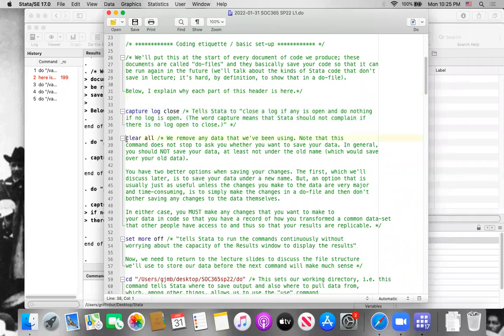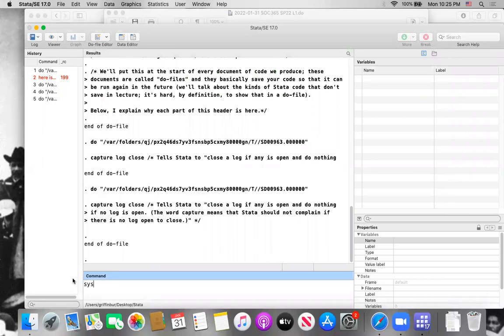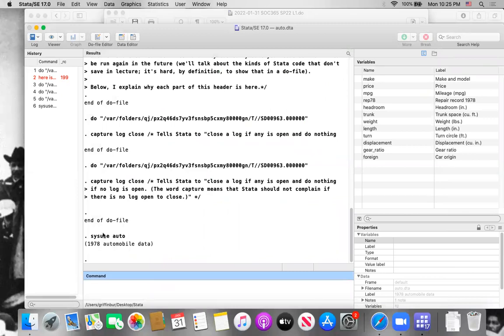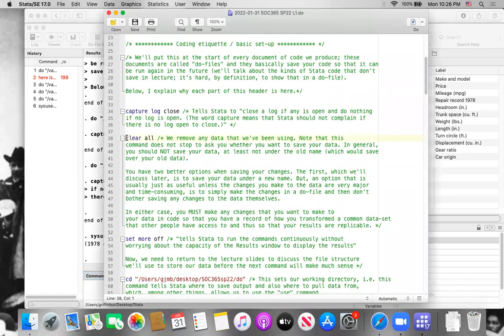Now we're going to clear all. And this is kind of an important command. Basically what this does is remove all the data in the data set. Importantly, this doesn't stop to ask you whether you want to save your data. So be careful, right? It's going to clear everything that's in memory. For instance, let's just use that auto data set that we had before. So this command here, sysuse, means pull up some data that came with Stata. There are a number of data sets that go with Stata, and you'll see in the reading that there's some discussion of that. And then if I run this clear all here,